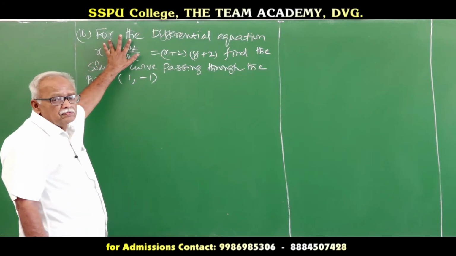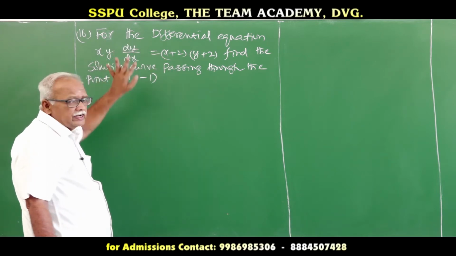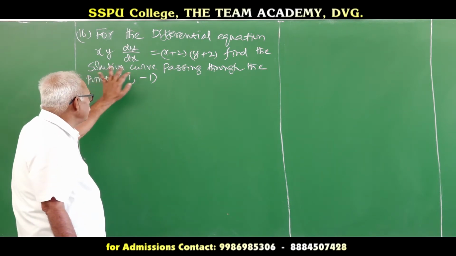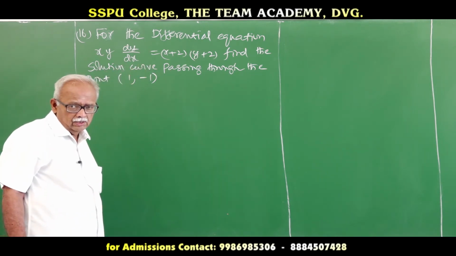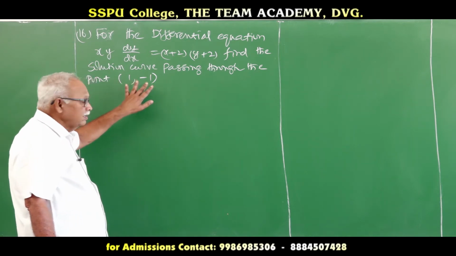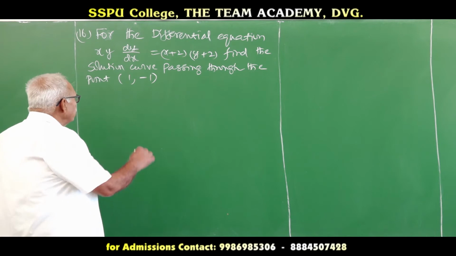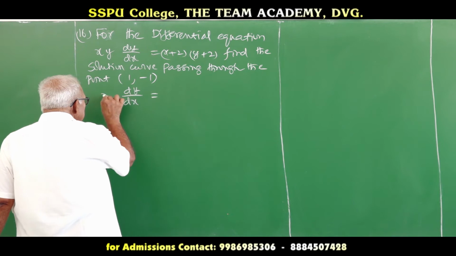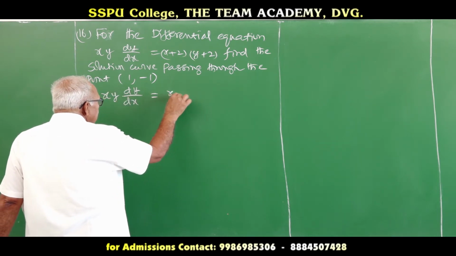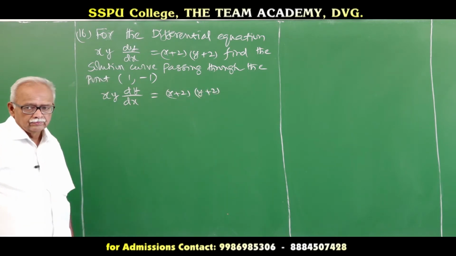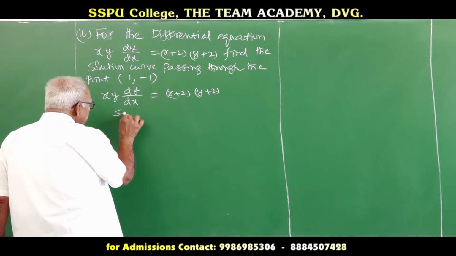16th question: for the differential equation xy dy/dx = (x + 2)(y + 2), find the solution curve passing through the point (1, -1). They have given the differential equation and they are asking for the particular solution. The point is x = 1, y = -1. Now, let us take this equation: xy dy/dx = (x + 2) into (y + 2). Separating the variables,